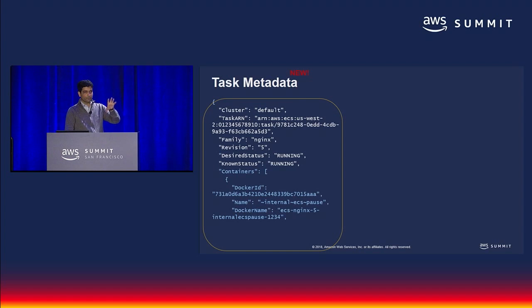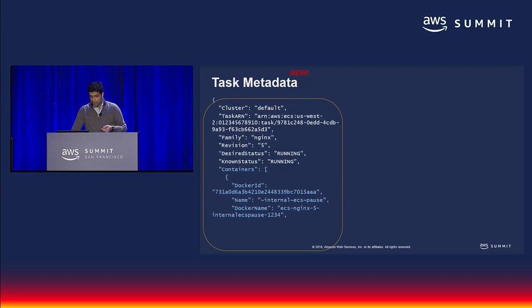This is the information that is part of the task metadata. I've snipped out some container level part of it, which covers the task level information. So one is, what is my task on, and what is the version of the task definition that I'm running right now, and what is the status, for example, and even the cluster name here. So if you look at